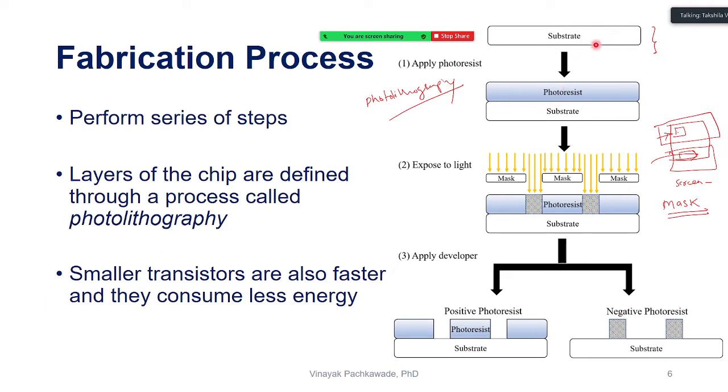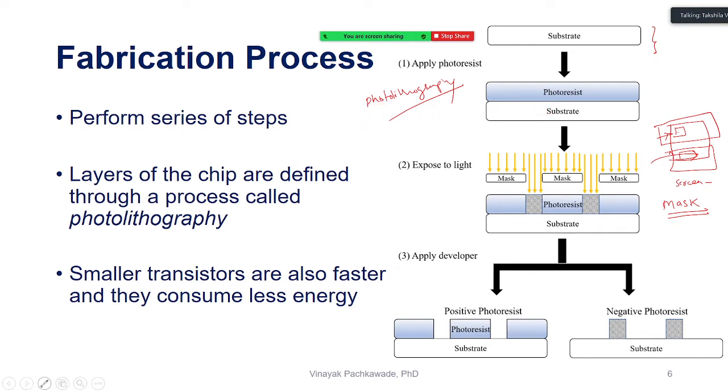On the substrate, we perform a series of different steps, for instance, the different layers of the chips. Say I want to fabricate a CMOS inverter. I need to know where my N plus diffusion region will be, where my N well will be, where the P plus diffusion regions will be, and which areas are sources and drains. We know the gates of the two transistors are connected through polysilicon, so I need to know which area on the substrate I will draw the polysilicon to connect them. So the layers of the chips are defined through this process called